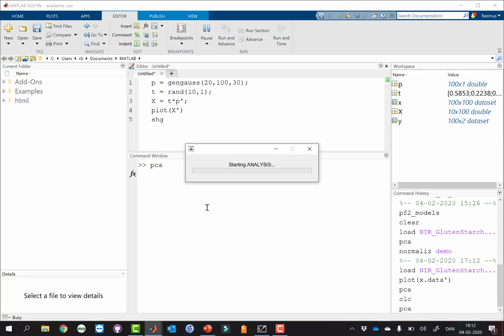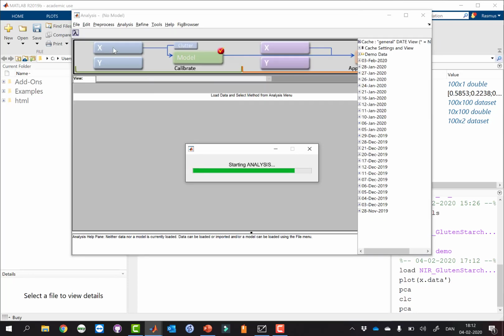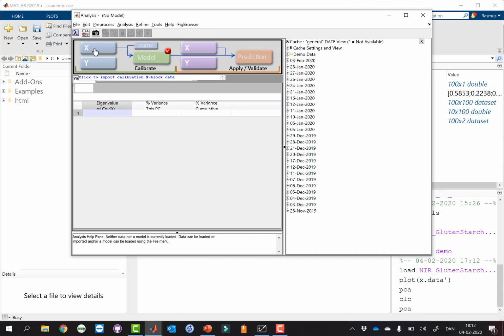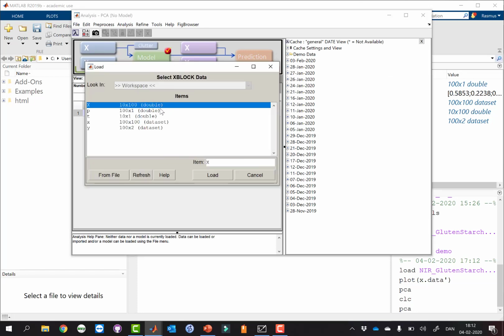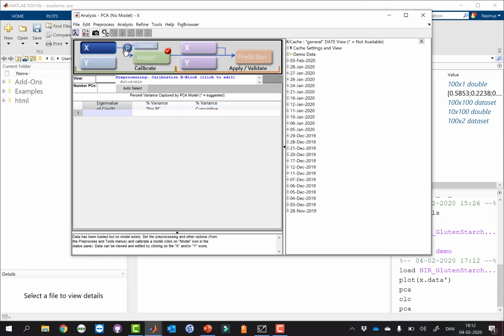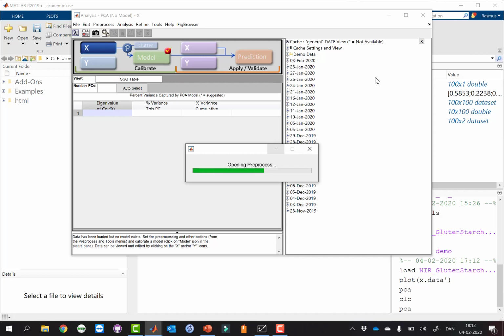Now let me open up the pre-processing window and let's talk a little bit about how we can do derivatives. I'm going to load the data in here and open the pre-processing.